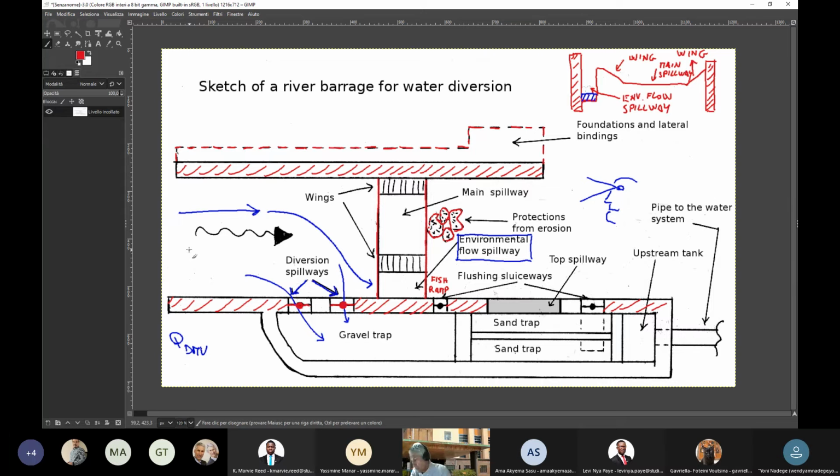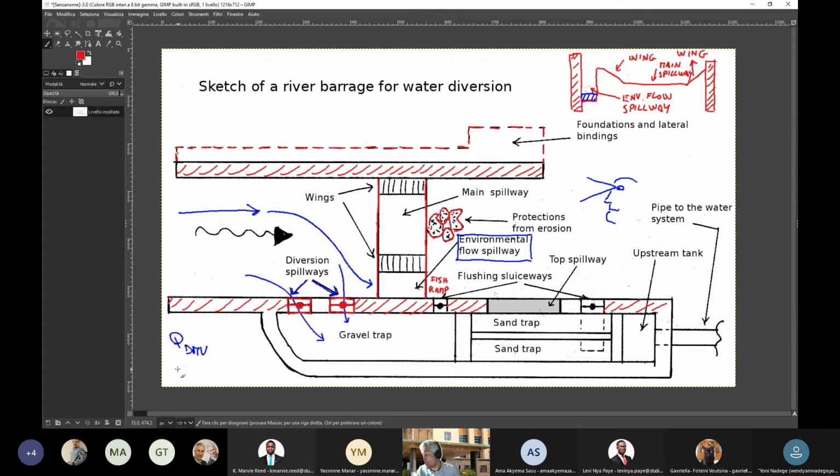What is the level of these spillways? Elevation. Okay, diversion spillways. What is the elevation? What I said before is that the environmental flow spillway has the priority. Having the priority means that it's the lowest spillway in elevation in my structure. And then I said that the main spillway is for flood flows. So it's the spillway with the highest elevation in my structure. The diversion spillway has an elevation that is in between the elevation of the environmental flow spillway and the elevation